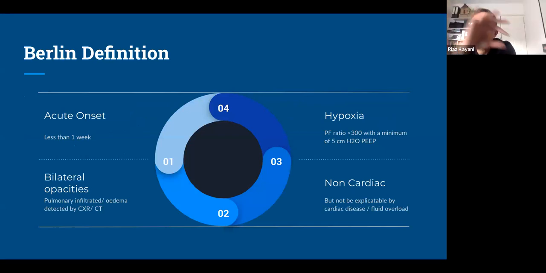And so that's a broad umbrella definition, if you like. But there are some details which you need to talk about. One is that it obviously has to be acute onset, so not something that's been going on for months and months. And normally, when I was a trainee, we always talked about full quadrant lung disease, but essentially it means that you have opacities on X-ray in all the lung fields.